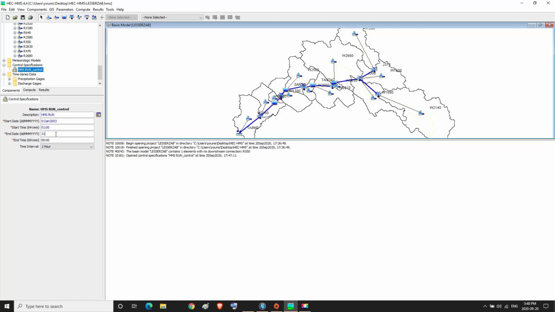In the end date, we type 31 December 2004. In the end time, we type 1 o'clock. And the time interval, we choose 1 day.